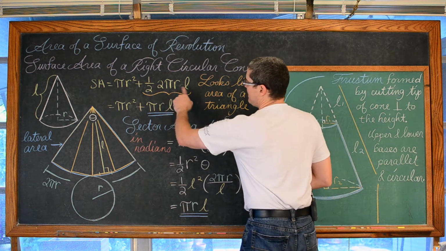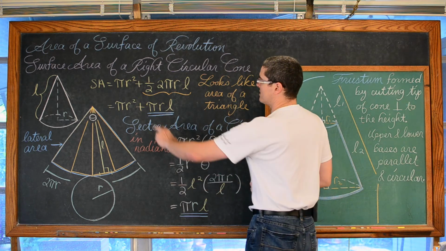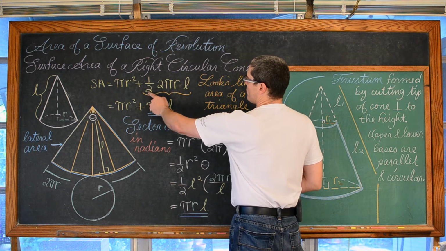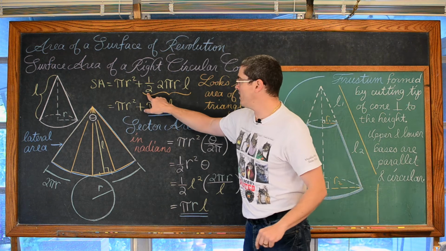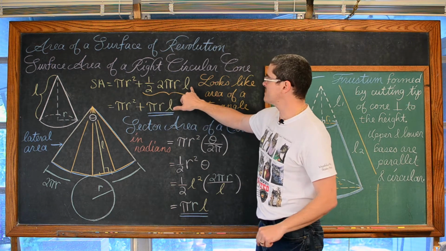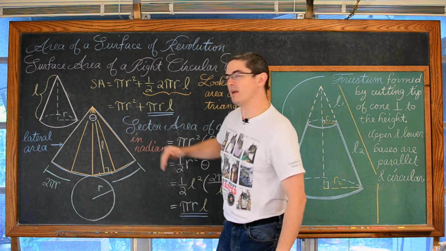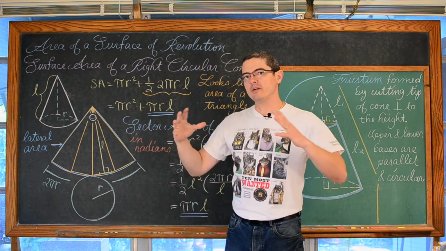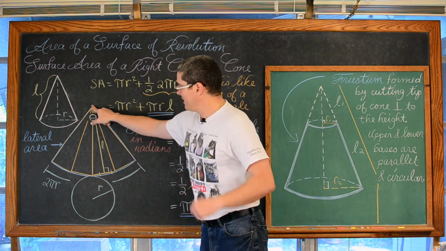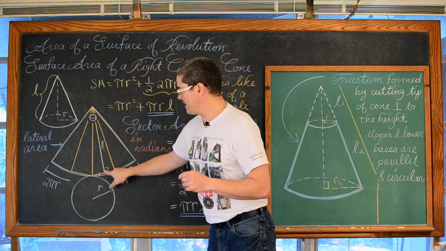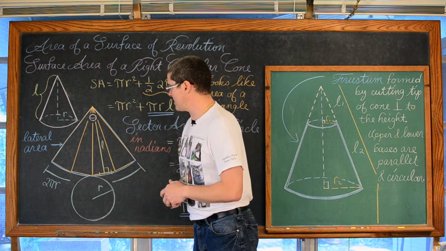So to explain the second half of this formula, the lateral area, which is what we're going to be focusing on the most in this video, the 1/2 2 pi r L, it kind of looks like the area of a triangle, where it's 1/2 the length of the base times the height. And when you take that lateral area and you open it up like a fan, it is a sector of another larger circle, and the slant height can be estimated by dropping an altitude down for a number of triangles that you draw from the vertex of that sector.